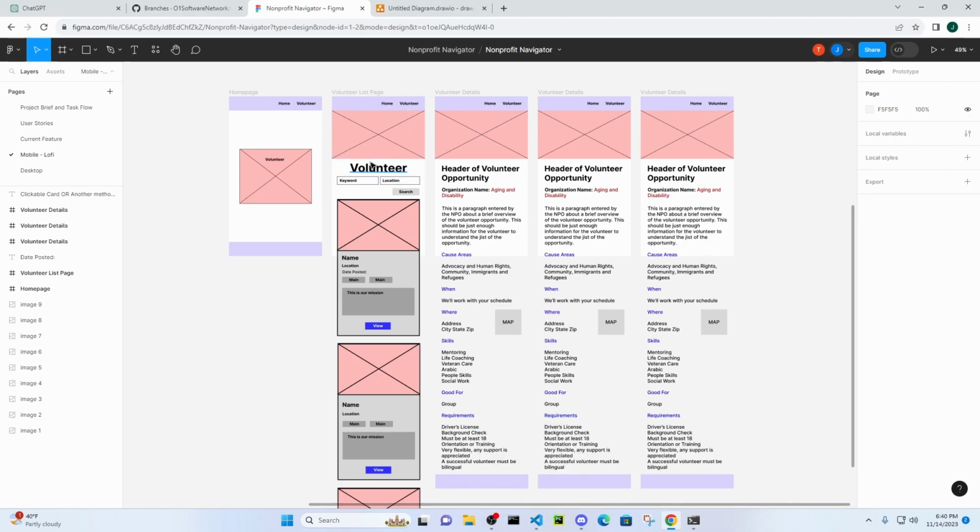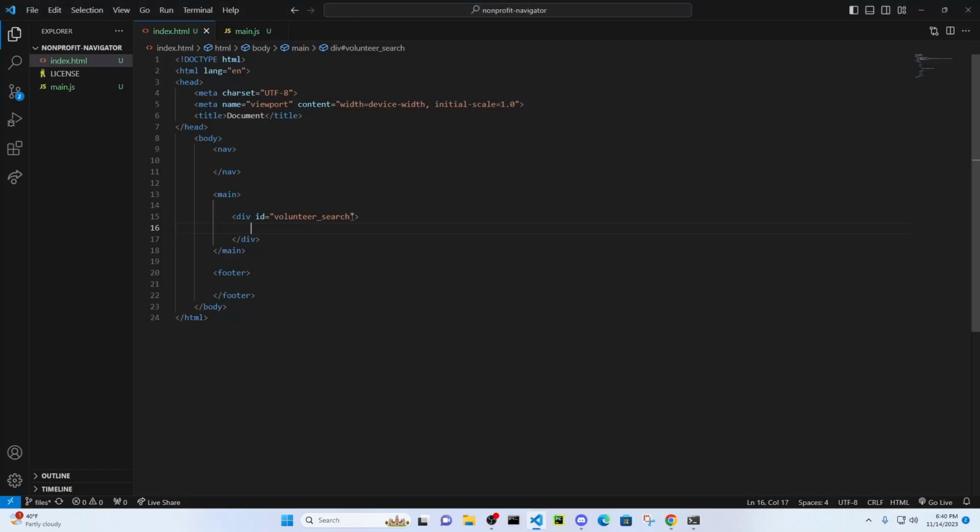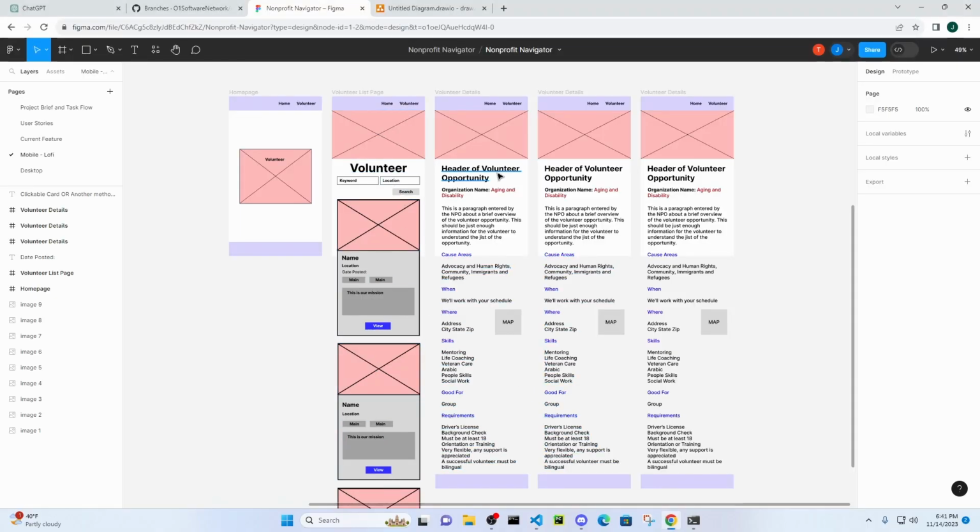But there is, so we have a search, we have an image, we have a header, we have a search, and we have our list. So I'm going to create, let me just call this home. I'm going to create this one as volunteer search page. And like I said, there's going to be an image, a header, a search. So just inside of here, we'll have all of this. And then we're going to have